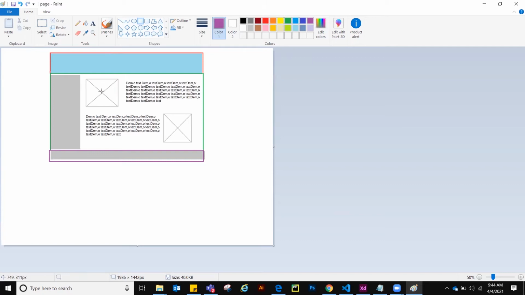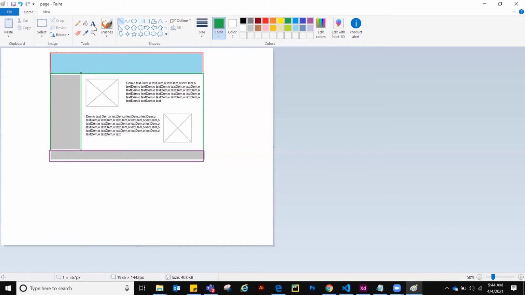Now inside this table you have to create another table. Or with the help of colspan and rowspan, we can add one line over here. Okay, so how many columns are there in the second row?